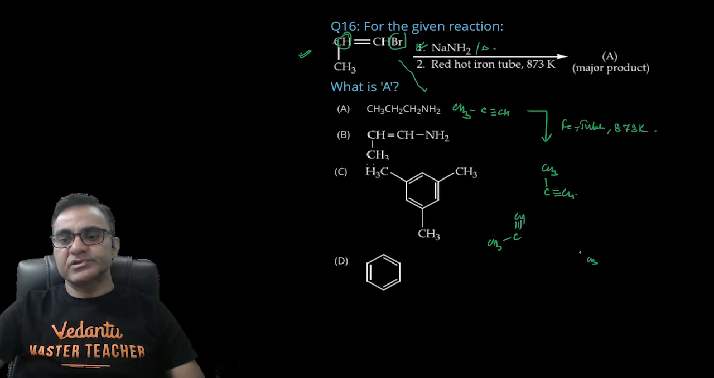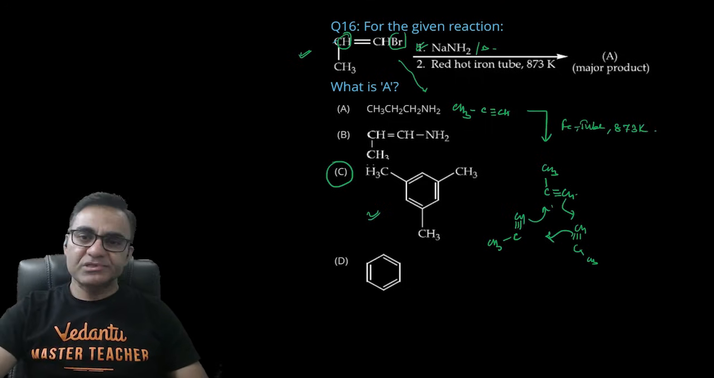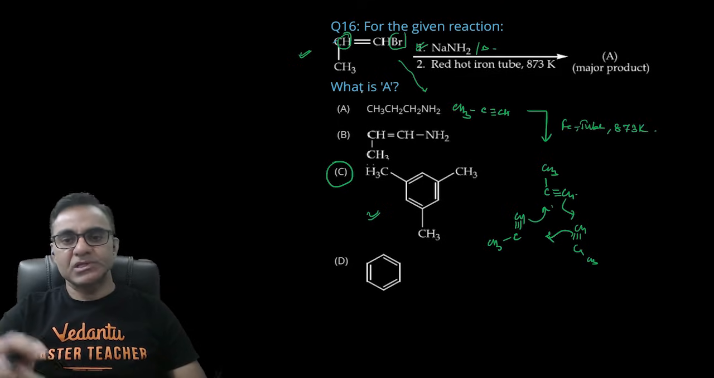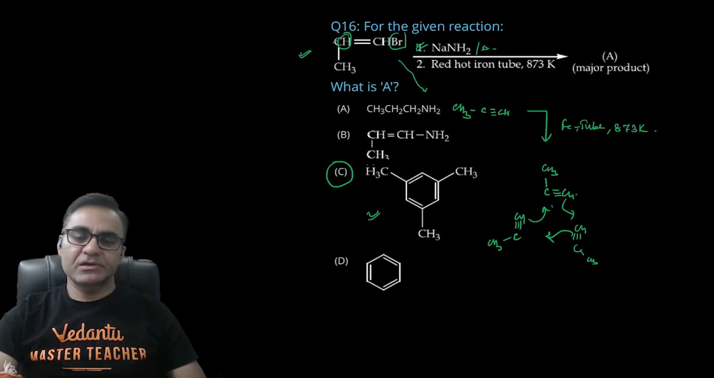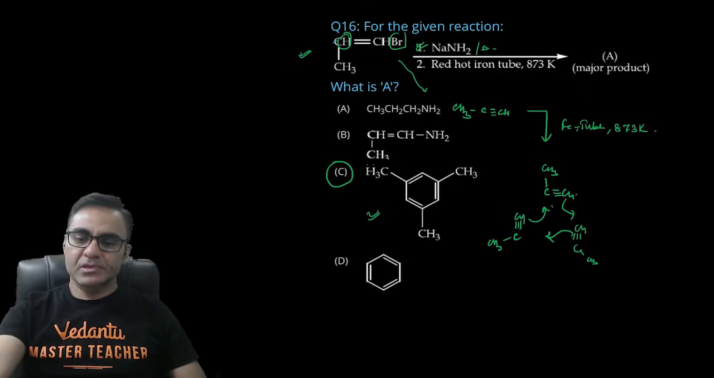CH3 C ट्रिपल बॉन्ड CH, तो ये बेसिकली इस तरह से ट्राइमराइजेशन होके आपको मेसिटिलीन दे देगा, राइट। तो आपका करेक्ट ऑप्शन होगा सी। लाइक अगर हम एसिटिलीन ले लेते हैं तो बेंजीन बनता है, ऐसे ही अगर आप प्रोपाइन ले लोगे तो आपको सिमेट्रिकली ये ट्राइमराइज होकर के मेसिटिलीन दे देगा। ऑलराइट, सो सी इज गोइंग टू बी द करेक्ट ऑप्शन ऑफ दिस क्वेश्चन।